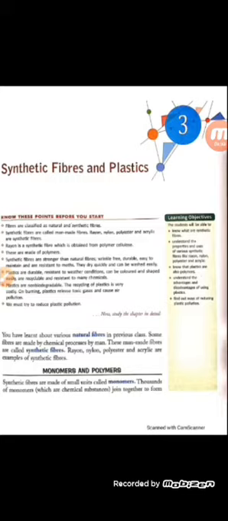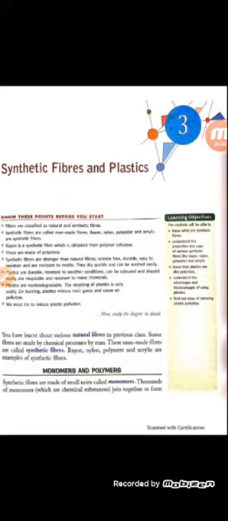Next is the need for making polymers. Polymers have some special properties which make them very useful. First, polymers do not corrode or rust. It means these fibers do not get damaged or wrinkled, and their color does not fade easily. Second, they can be produced in various colors, as per our desire. Third, they can be given different shapes.